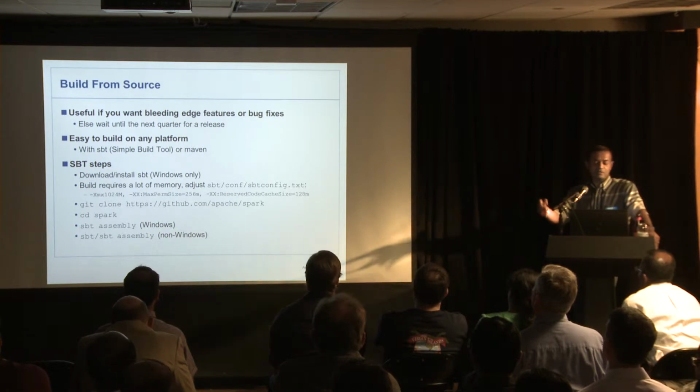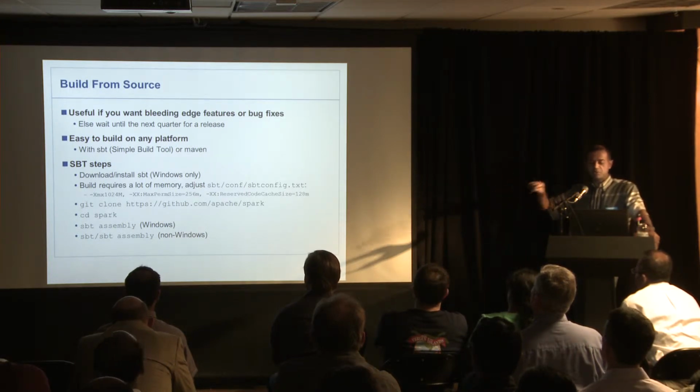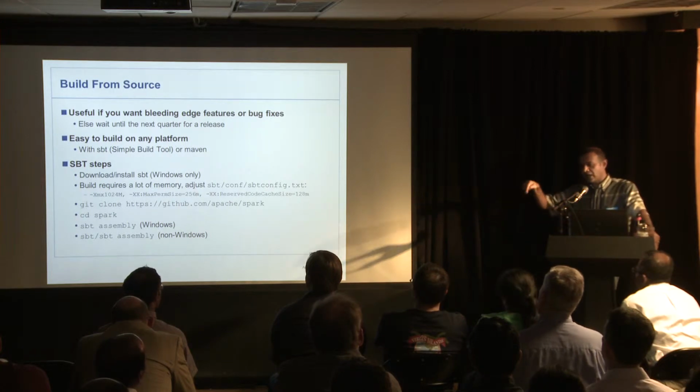So you've got to up that a little bit, 1 gig or 2 gigs, something like that will work. Just change those settings in that file, clone the repo, cd spark, sbt assembly, go have a beer, come back, and Spark is done, right? And in non-Windows, since they have an sbt directory with a shell script in there, you can do sbt assembly